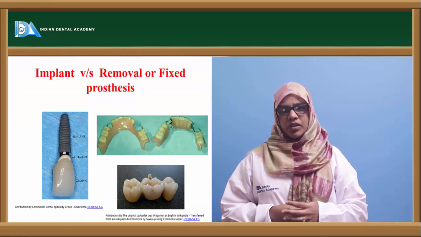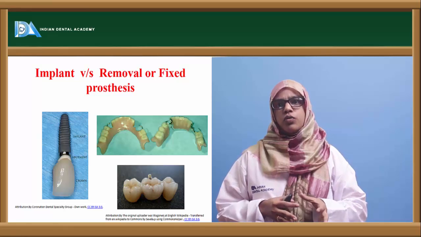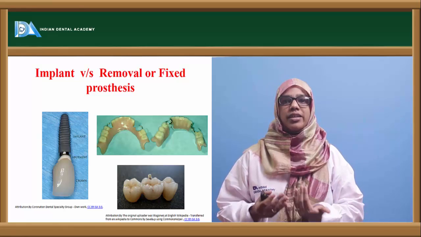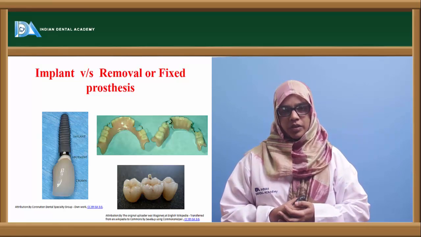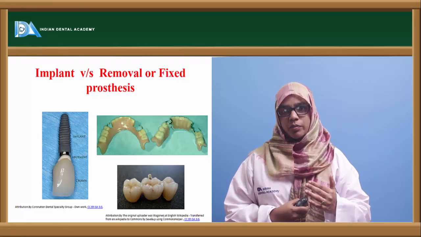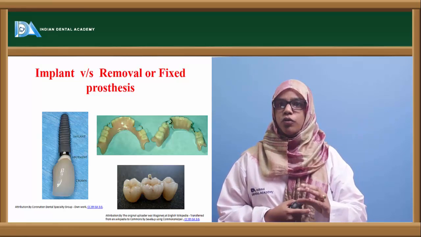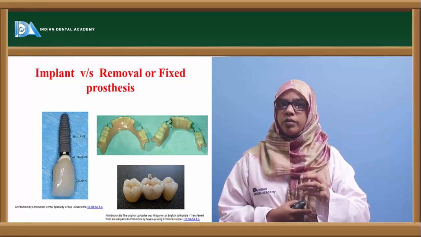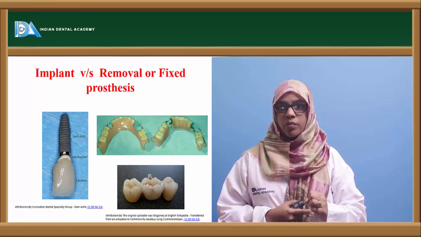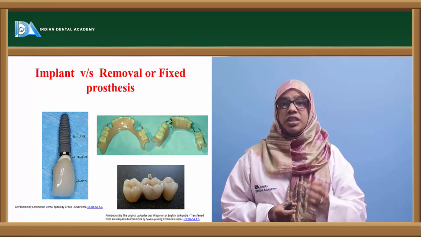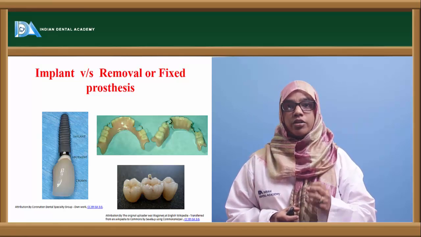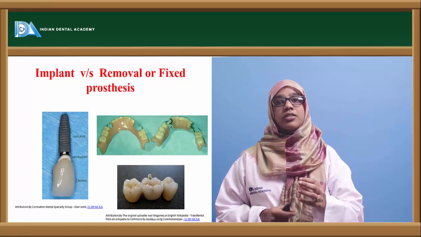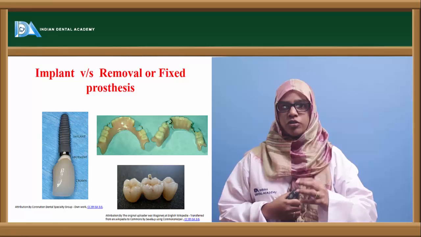area. Now, initially we used removable partial dentures and fixed prostheses to replace a missing tooth. But why suddenly this craze of using a dental implant? As time passes, because of tooth loss, the alveolar ridge also decreases in size. If the tooth is present, it keeps moving because of mastication, and because of the periodontal ligament, the stresses are distributed. This stress is able to maintain the alveolar ridge height. So once the tooth is lost, these stresses are not there, and disuse atrophy takes place and the ridge height decreases.